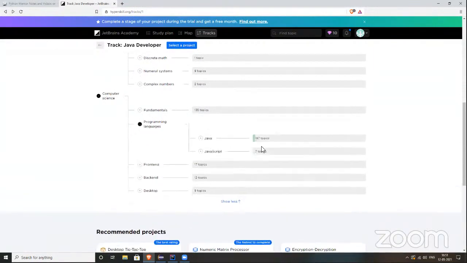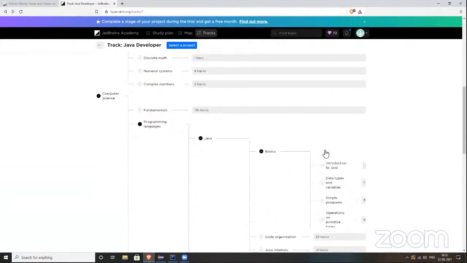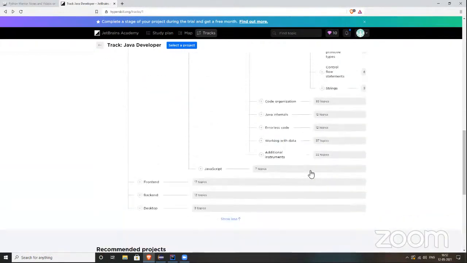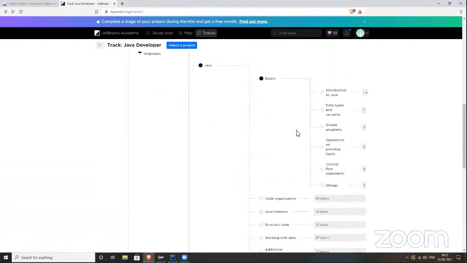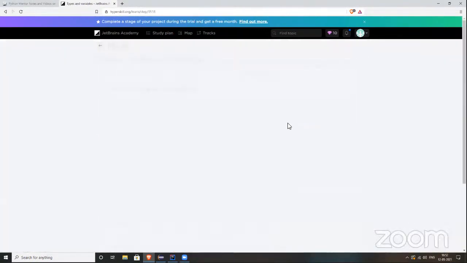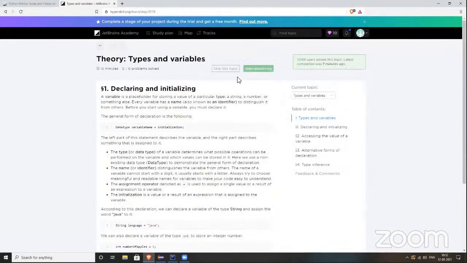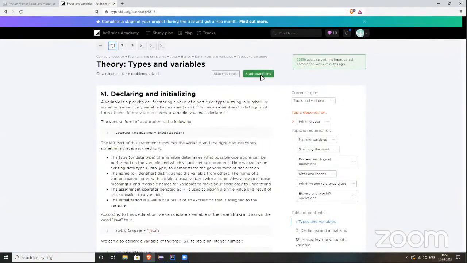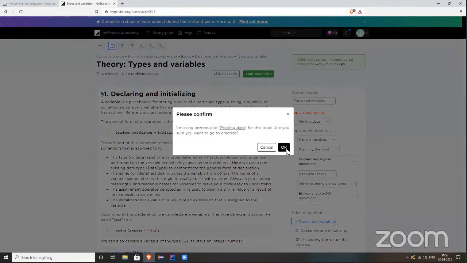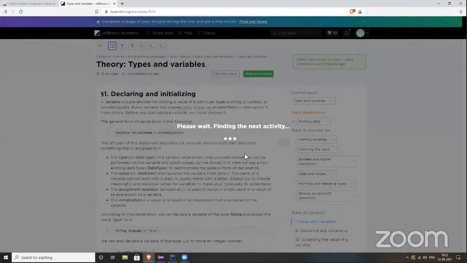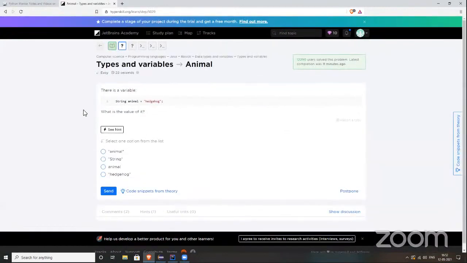Then it had some coding questions. You can start with the data types one. It will give you an idea, and this is a very good one to practice on.